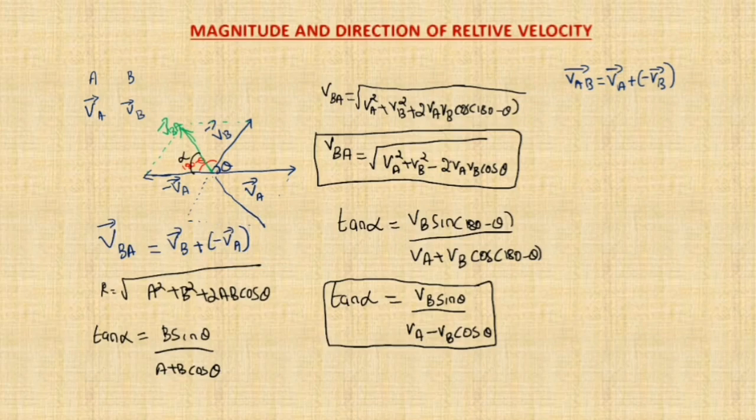Okay, so I'm not deriving it here, you just derive it, you will be getting what? The same relation as VBA. So we can prove here that the relation of VBA, to find the resultant, VBA will be equal to VAB. Same way the direction formula also becomes what? Same. Okay, that is VB sin theta divided by VA minus VB cos theta. So this is the general equation to calculate the magnitude of resultant velocity and the direction of relative velocity.